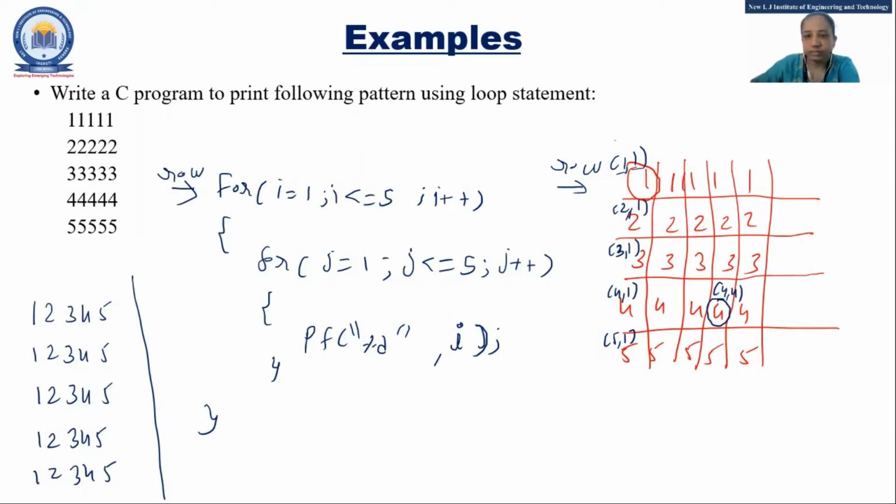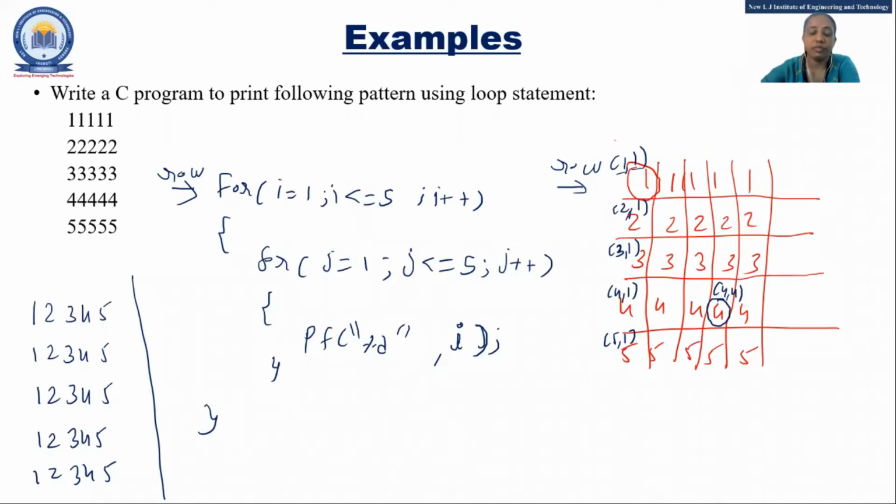You can write it down in the chat box. Yes, Jay, right.